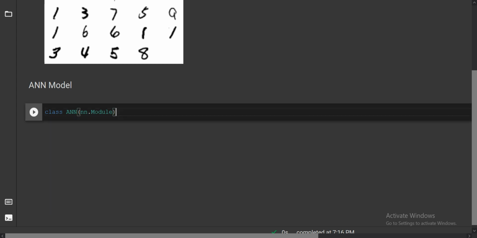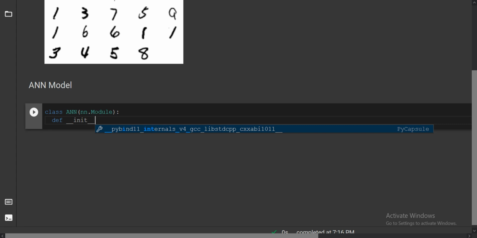Okay, so we are just inheriting from the nn.Module, that's it. Then after that you will write the first method, the init method, and inside that you can just pass self. For now we will just use it here only because it is for learning purposes. So every fully connected layer and the number of hidden layers, we can just keep inside this.